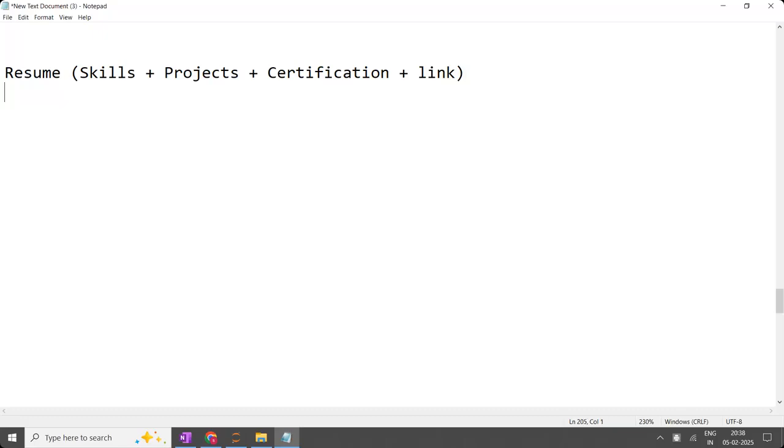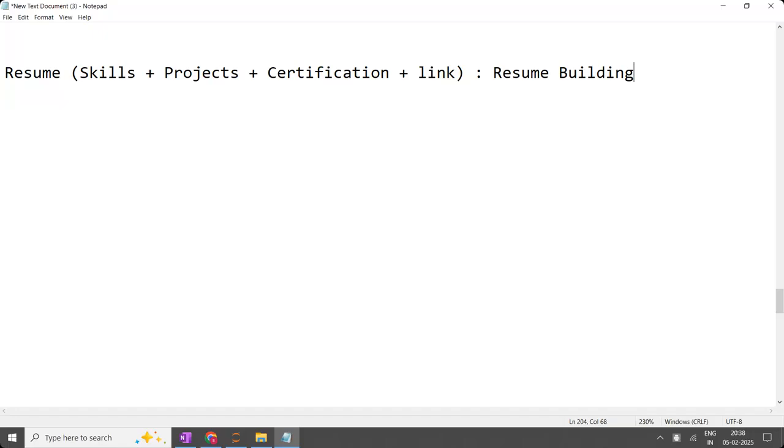Now this is the resume. How you have to place everything in the resume, I'm going to take a separate class for that, called resume building, at the end of the course. Why at the end of the course? You can take it at the start, but if I say at the start that you have to write this and that, without completing the course, how can you write? After completing, you write. If you write SQL at the end of learning SQL, that says you know it. Writing it before learning SQL is called lying.